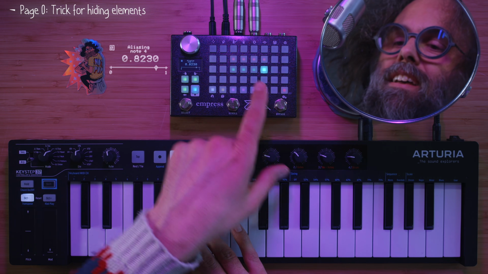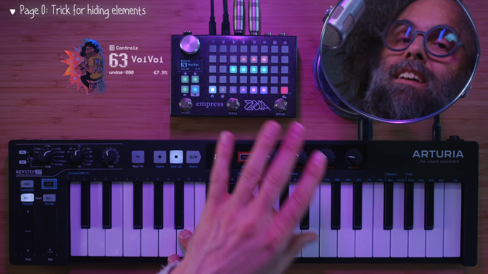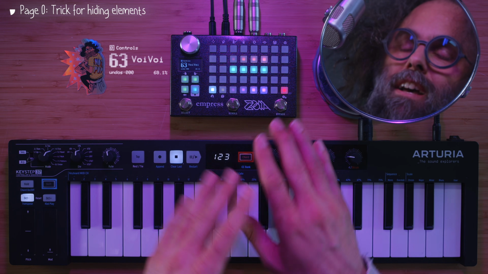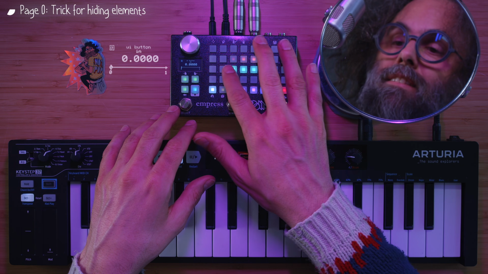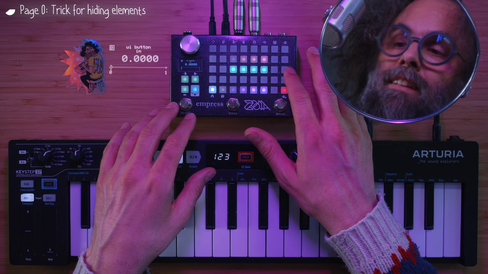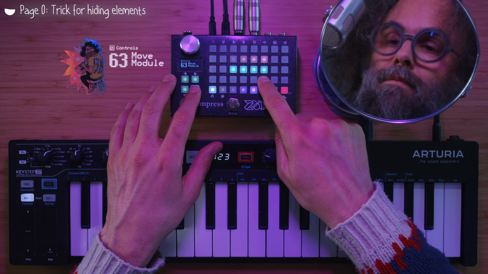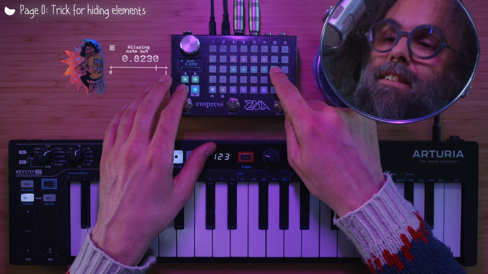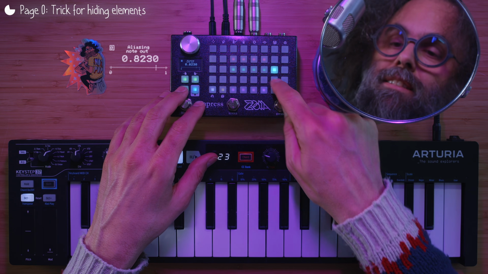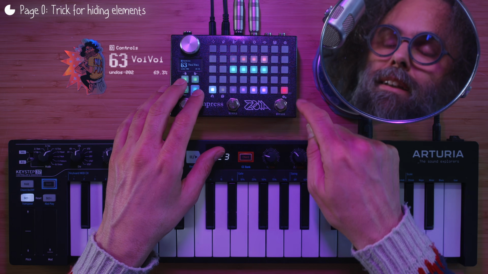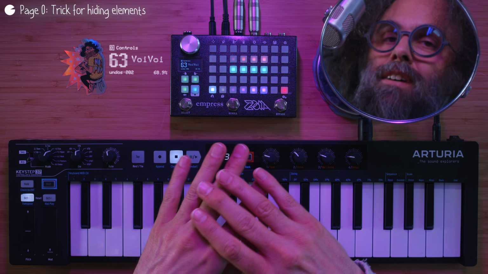It's pretty aggressive. And something that I usually do on the front control page is to hide elements that I don't want you to accidentally mess around with. So underneath here, there's actually a couple more slots that are part of the keyboard module, but I've hidden them, and I've done it by placing a UI button there. If I move this, we can see that the note out value is actually there, and I'm using that to send it to another page. Let's move this UI button back. That's a trick I'm using on the first page a lot, just to make it neat and to hide